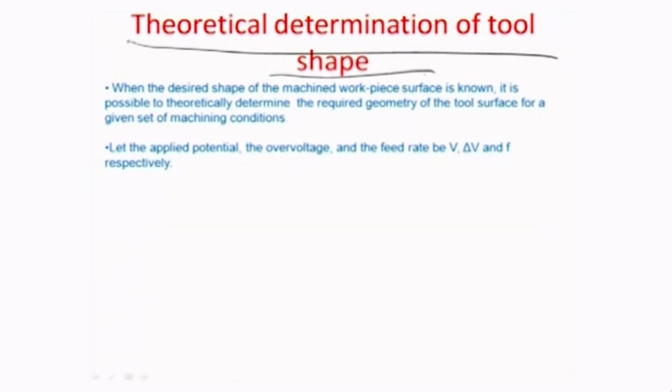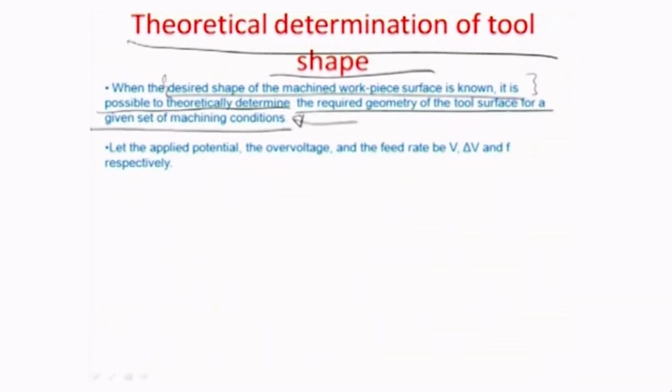So, when a desired shape of the machined workpiece surface is known, we want to somehow map the surface into a tool surface, which is theoretically possible. I will just show you an approach where theoretically you can determine the required geometry of the tool surface for a given set of machining conditions very fast. And the first thing that we need to know here is that the equilibrium gap